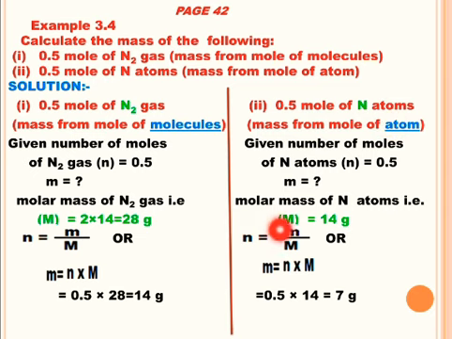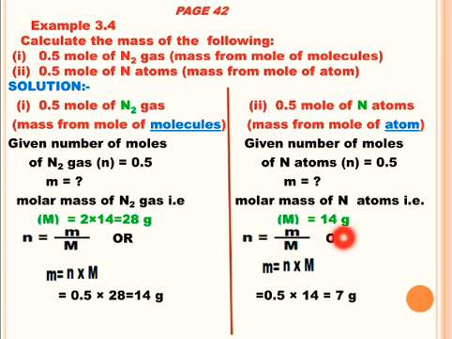And what is the molar mass of nitrogen atom? That is capital M. It is 14 grams because it is an atom. So we have to calculate the molar mass of an atom only. So what is atomic mass of nitrogen? Yes, it is 14, you all know. So molar mass comes out to be 14 grams.